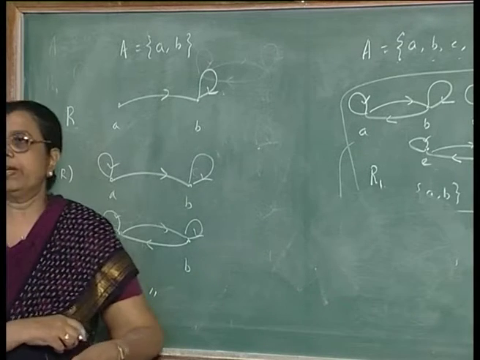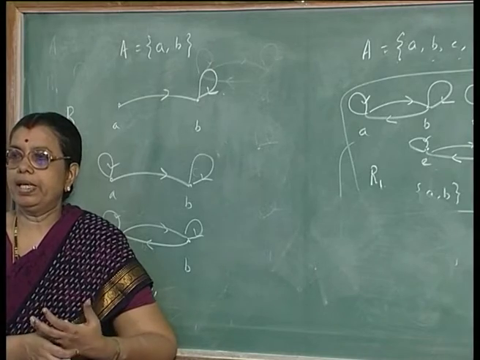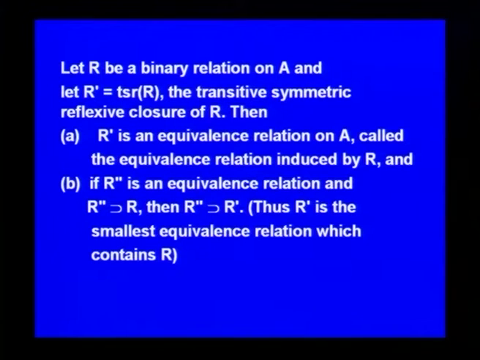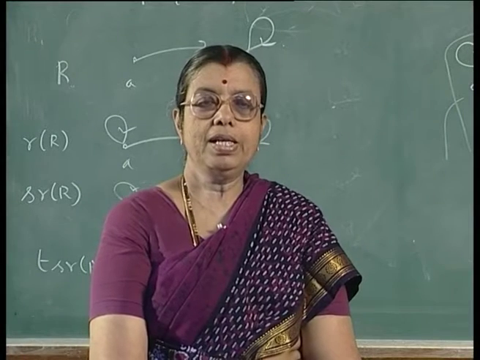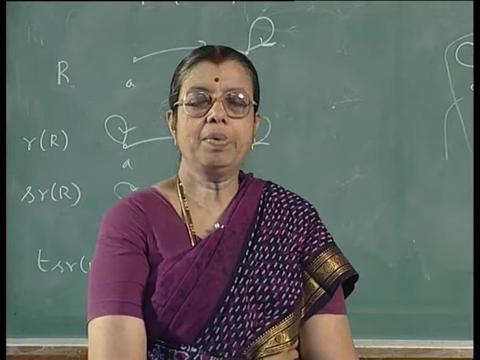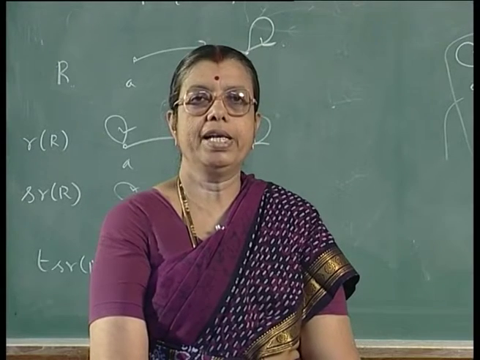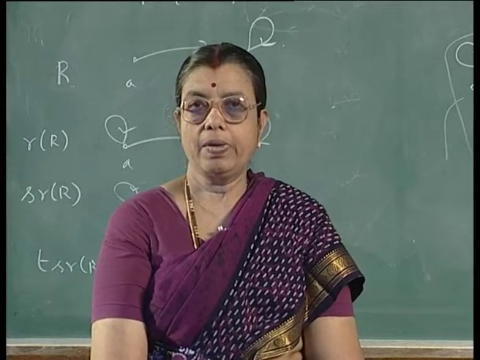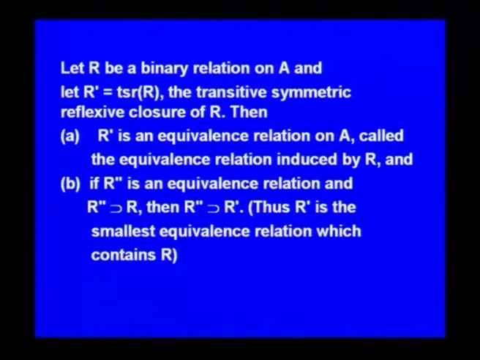So, when you first take the reflexive closure, the reflexive property is satisfied, and then when you take the symmetric closure, you get the symmetric property, but the reflexive property will not be affected by that. Then when you take the transitive closure, the reflexive and the symmetric property will be retained, and you also additionally get the transitive closure. Now, if you take any other relation R2 dash containing R, it will also contain this.